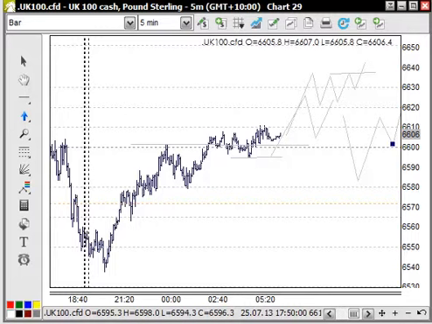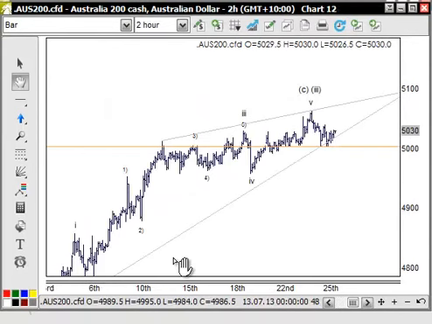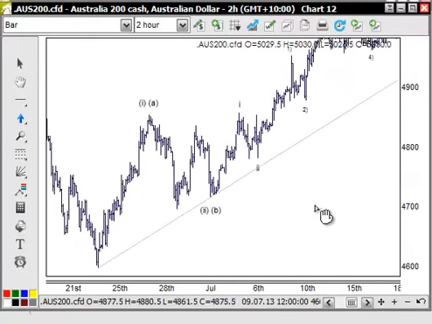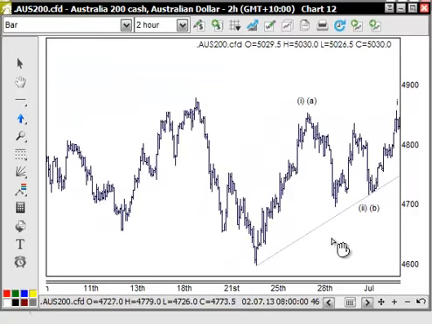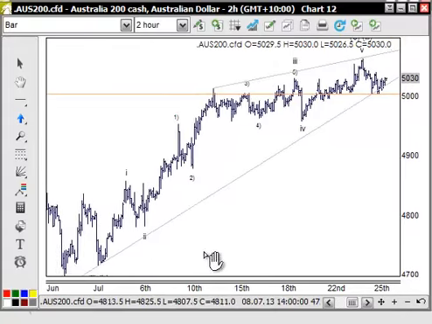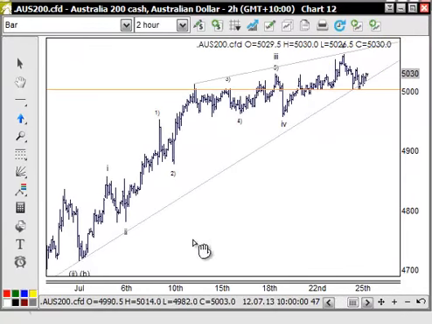The Australian market, what can we say? Well, I've adjusted the wave count a little bit to start with, and I'm looking at both counts as well. So from this low here, we can be looking at this still as an A wave and a B wave to here, and then counting this 5-wave structure up through here. But the change I've done here is I've gone up for wave 1 here. Instead of, we had wave 2 to here, but I'm putting wave 2 here in this low here for an